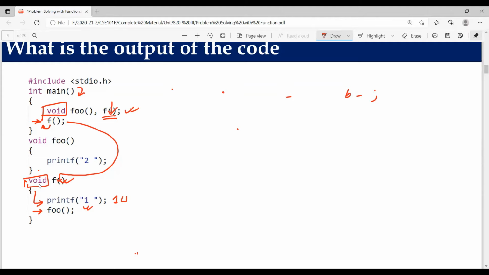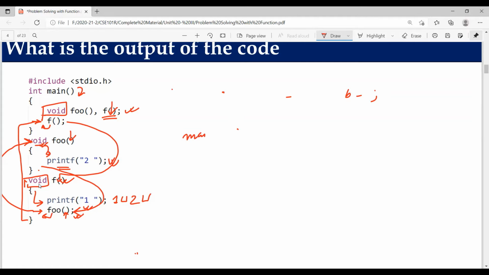From this point, it will go to the body of the function foo. Again, there is no return, so the return type should be void, and there is no parameter as well. Fine, it is matched. So now program control will go inside the body of that function. So printf 2, it will print 2 over here, and there is a space. After executing this line, program control will come back to the same line from where it jumped, and after executing this function call, it will go back to the main method again. So here, let us understand in detail what the flow of that code is.